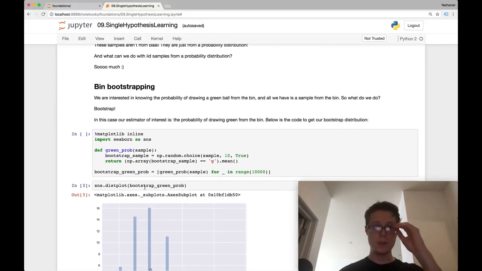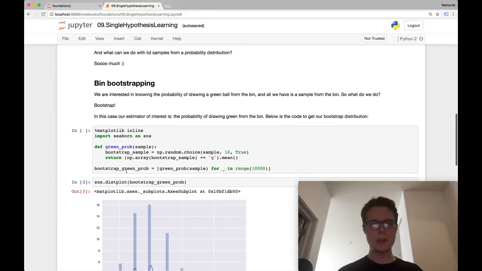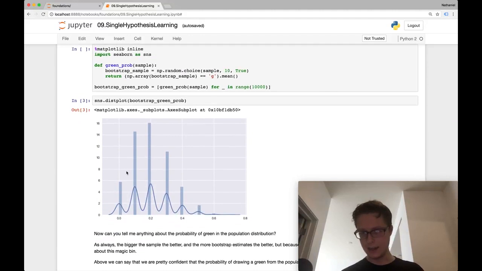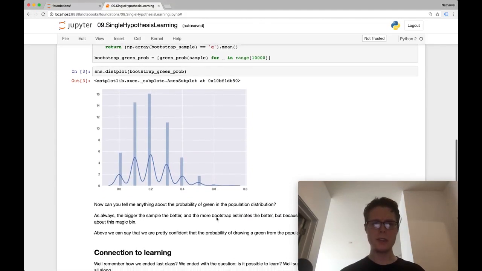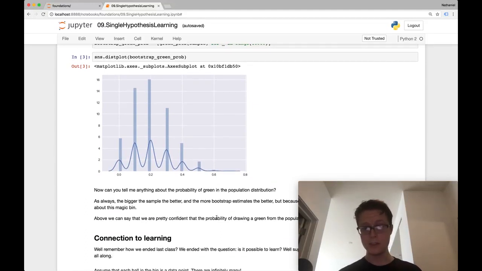So the first thing that we would do is convert this into a number. So in this case, greens are 1s and the reds are 0s. I go ahead and do bootstrapping to get, in this case, a sampling distribution not of the sample mean, but of the probability that we would draw reds or greens from the bin. So we see that the probability is somewhere maybe around 0.25, which is what it was. But we can obviously tell the probability is going to be more than 0, and it's probably less than 0.5, most certainly, based on just this distribution itself. We don't need to go ahead and construct the full confidence interval here.